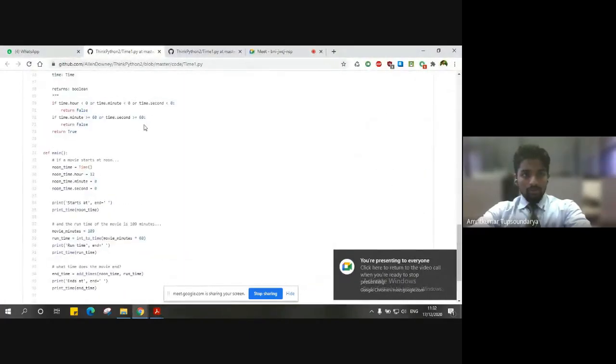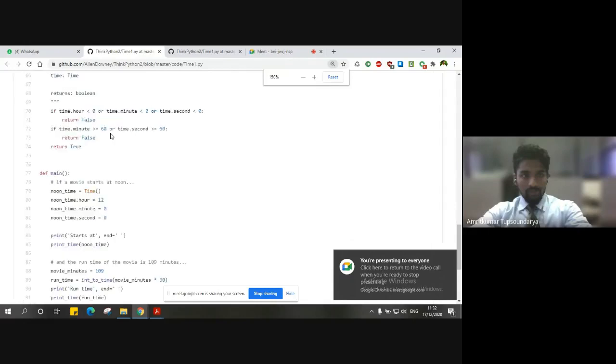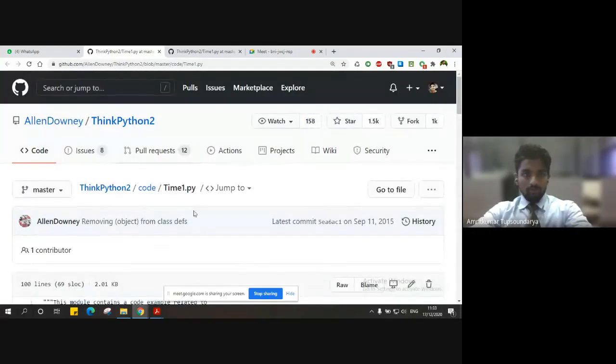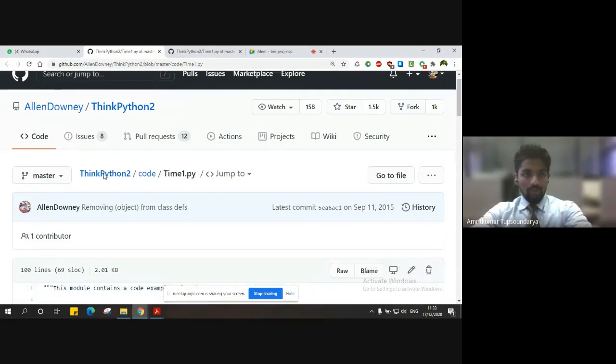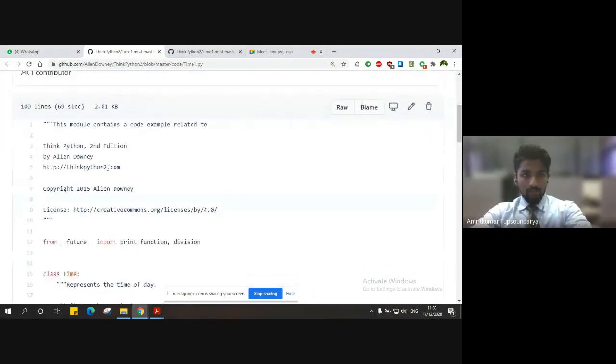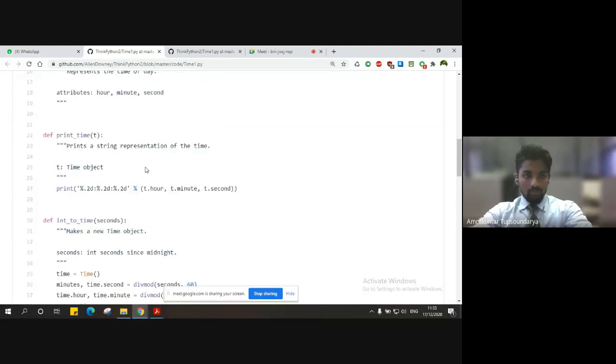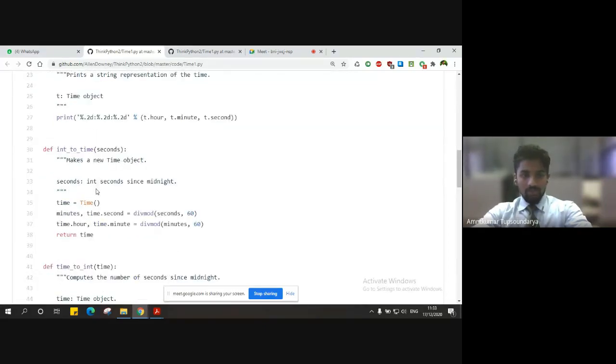Yeah. I don't know whether the screen is clearly visible, but this is the profile of the author Allen Downey for this book Think Python, second version, and he has done similar types of examples related to what we discuss here, for example the class Time, right? You can go and visit the code, which is freely available.